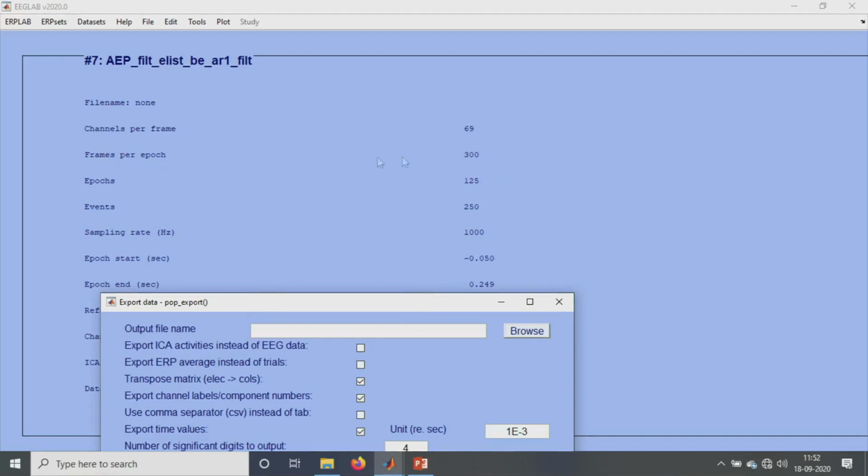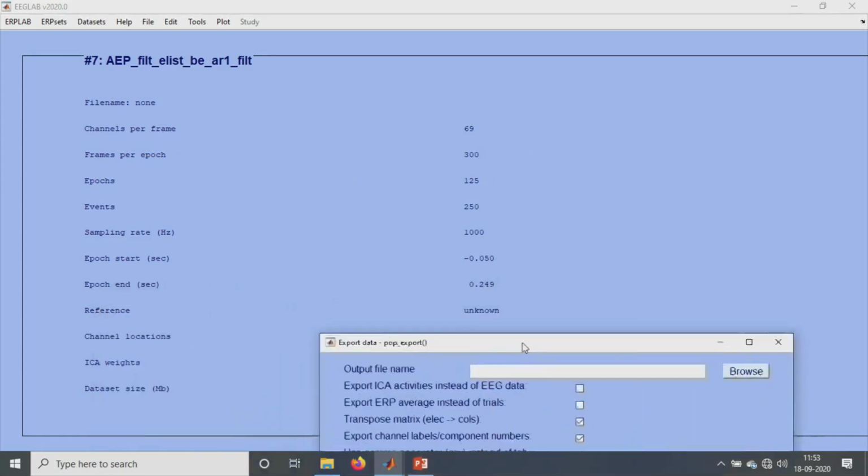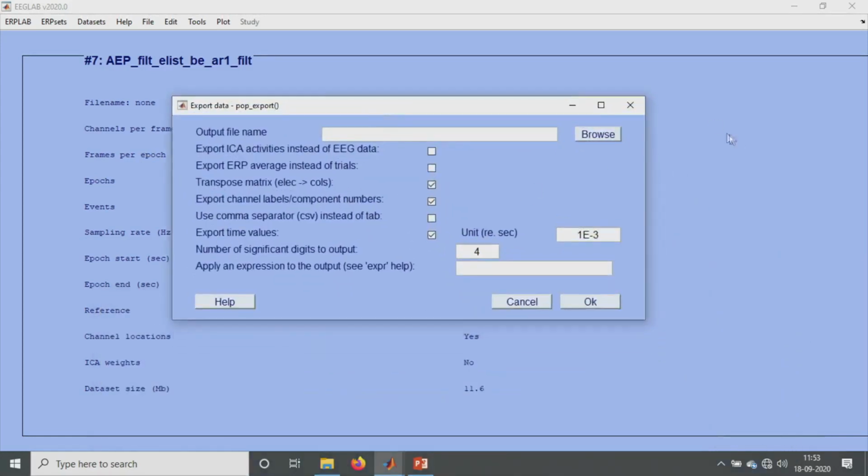Then the frames per epoch means the epoch range, from -50 to 250 milliseconds, and for that range, each epoch will have 300 data points. That is just information that I missed last time. That is how we can export the data.